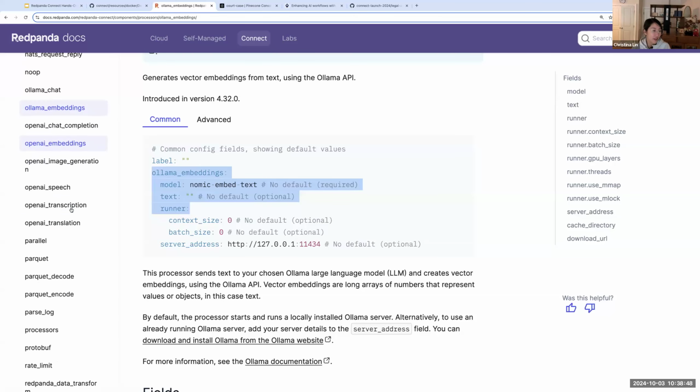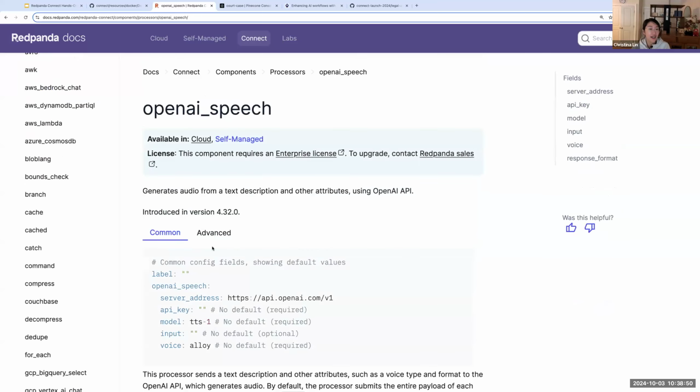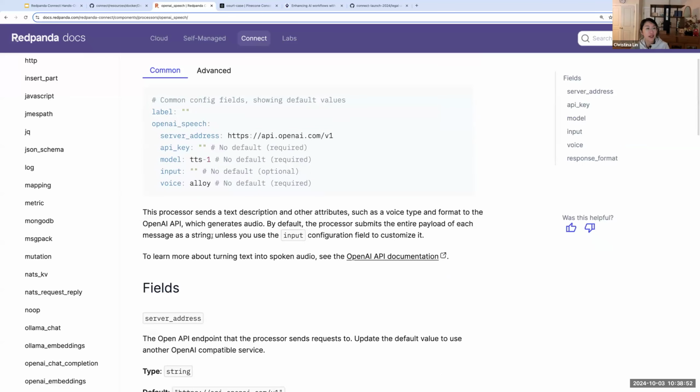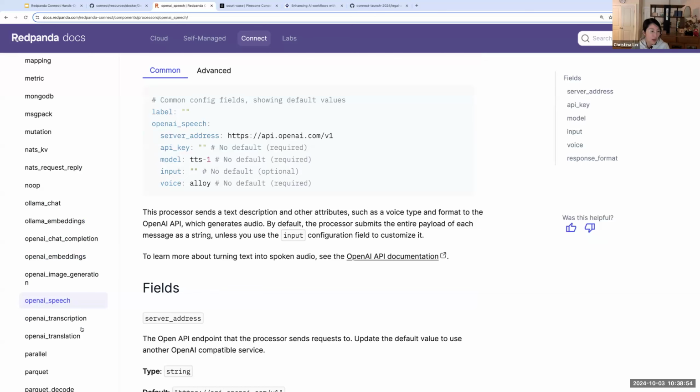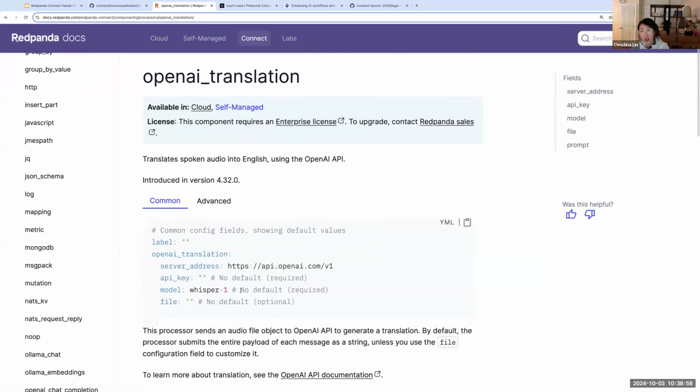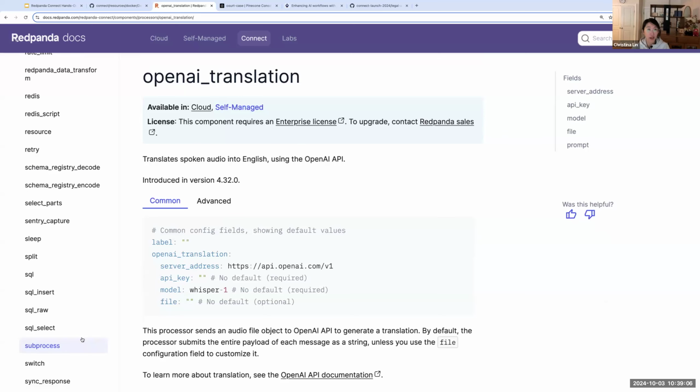And then there are other things you can do with OpenAI, like OpenAI translations. These are all the things you can use. So basically, you just have to specify the address for that, and that's all you need to do. And it will be able to interact with